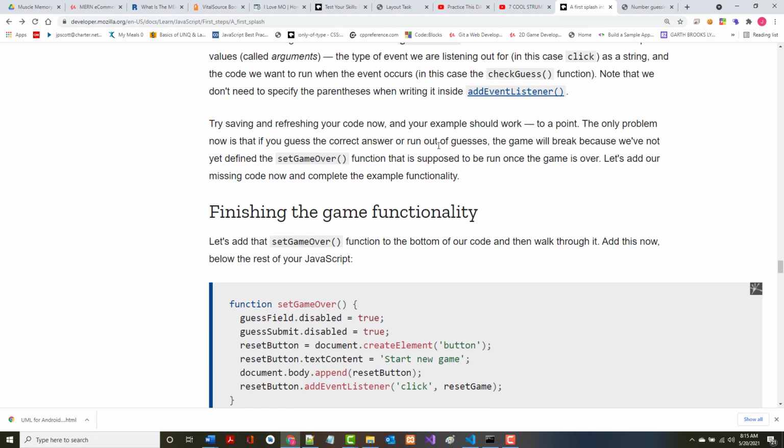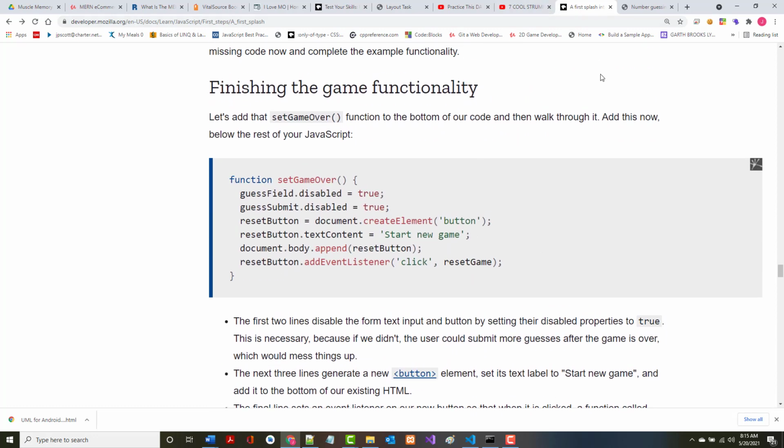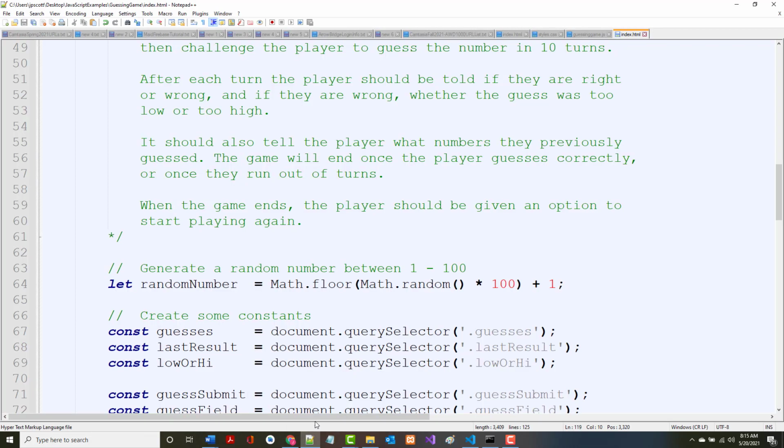you guess the correct answer or run out of guesses, the game will break because you haven't defined the set game over functionality yet. So let's take a look at that. Before we even go over this functionality to finish this, let's make it, right now with what we just looked at,